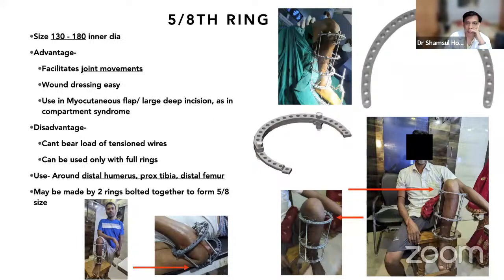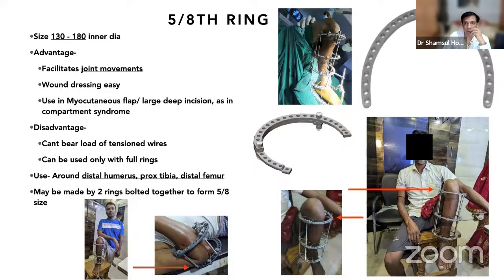For the 5x8 rings, you can see the diagram. If you use a full ring here in the knee, you won't get a full range of motion. You have to do a good limb salvage surgery, a good transport, because the ring has to be there for around 1 to 2 years, sometimes 6 months. But if you keep the stiff knee, you'll end up with another problem. You can make a good transport knee. You're saving the limb, but you're having a stiff knee or a stiff distal femur part.